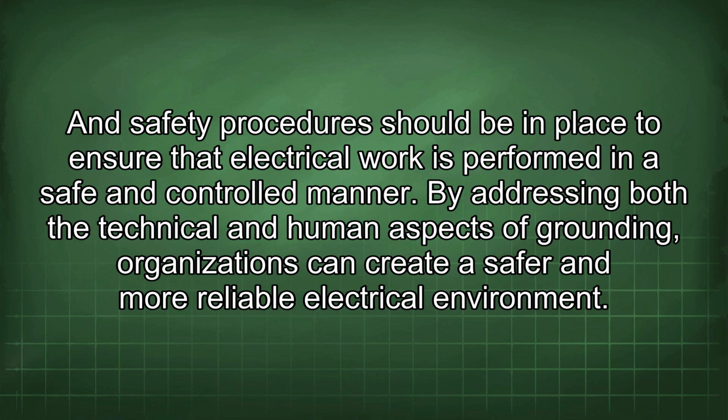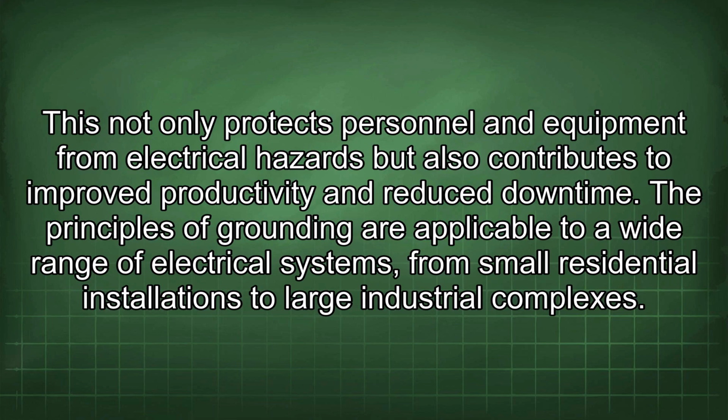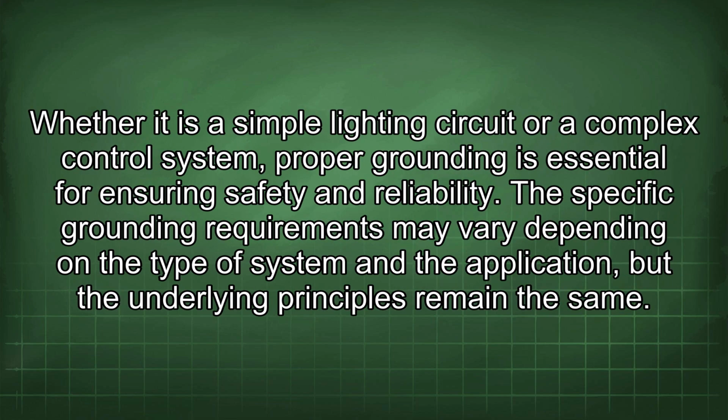By addressing both the technical and human aspects of grounding, organizations can create a safer and more reliable electrical environment. This not only protects personnel and equipment from electrical hazards but also contributes to improved productivity and reduced downtime. The principles of grounding are applicable to a wide range of electrical systems, from small residential installations to large industrial complexes. Whether it is a simple lighting circuit or a complex control system, proper grounding is essential for ensuring safety